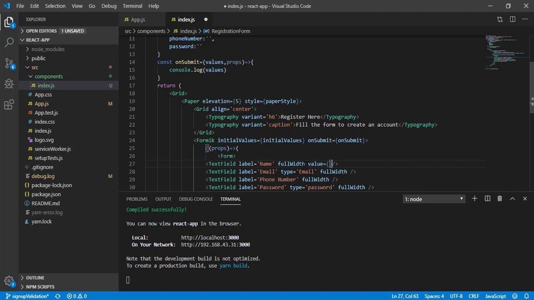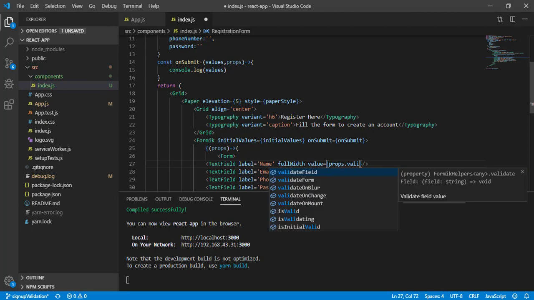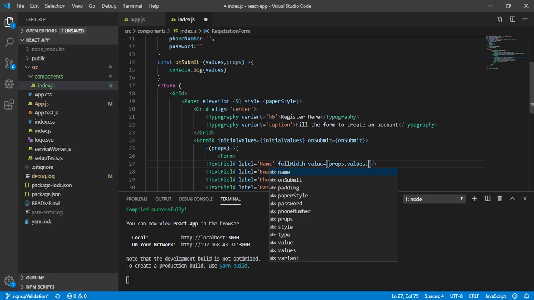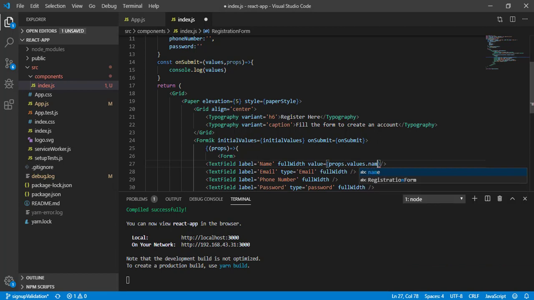So I will say props dot values dot, and what is the field name I have given for this? The field name is name. Okay, so save it. So now we have defined this value. Now we have to define another property called onChange.